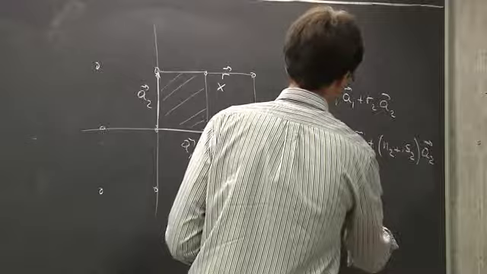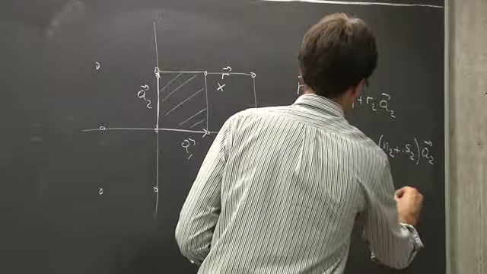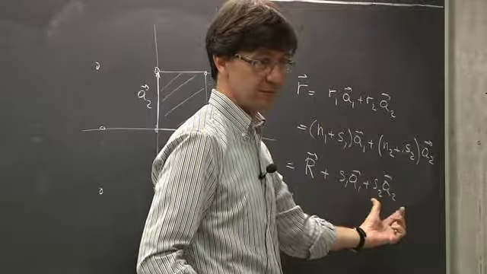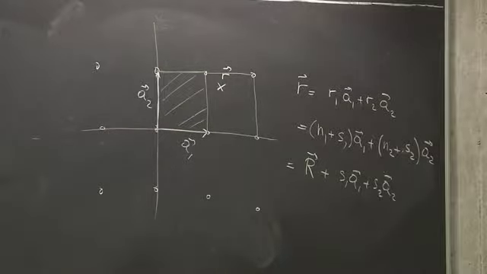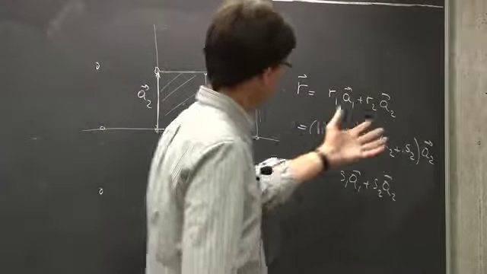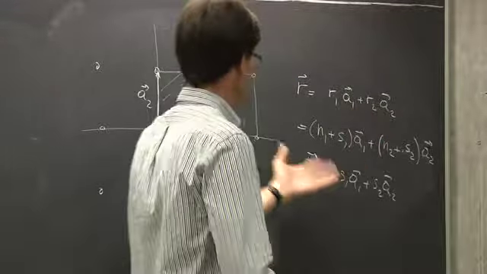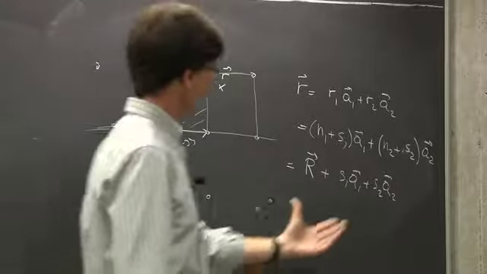And then what I'm left with is S1, A1 plus S2, A2, which is a vector in the unit cell, because S1 and S2 are less than 1. I just wanted to show you that if you use this notation, you can immediately recover the discussion that we just made before, namely, that for this to be a good unit cell,